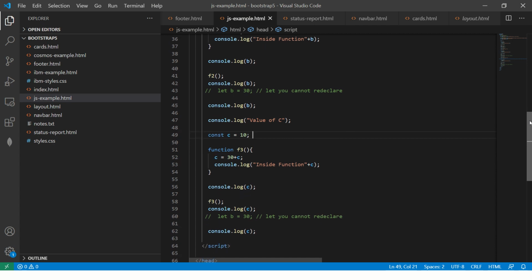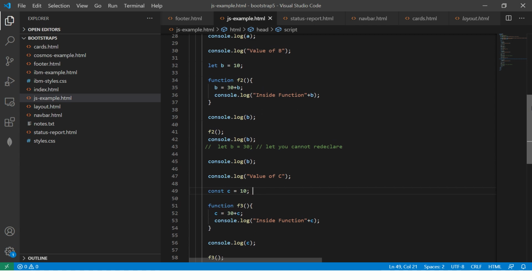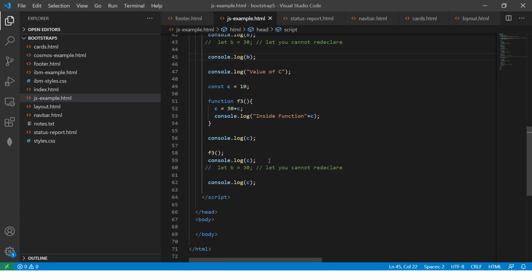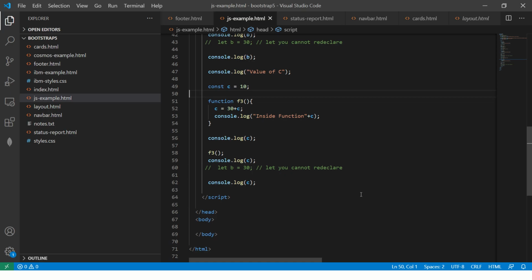Now we have the new values of C where we are declaring it as a const. Now const is nothing but you cannot redeclare, you cannot reassign the value. Here we are changing the values in let, but you cannot redeclare. With const, neither can you redeclare nor can you reassign it. Let's see, get ready for errors. Assignment to const variable. That means with a constant variable you cannot assign the value, you can only read it.